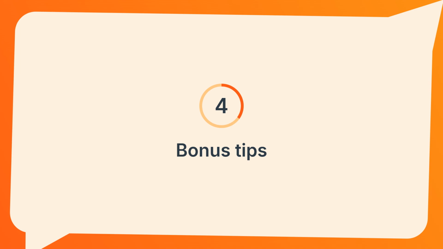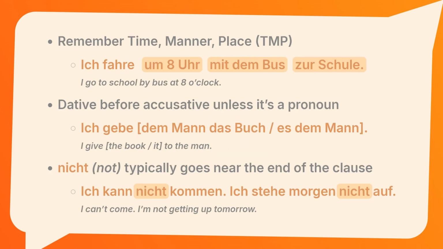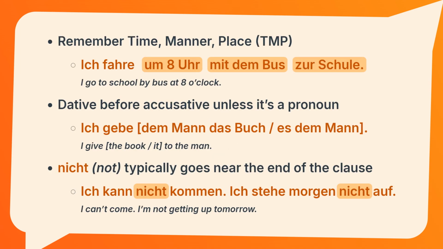And lastly, here are some bonus tips. When you're dealing with multiple adverbs in a sentence, remember the order: time, manner, place, or TMP for short. In the sentence, Ich fahre 8 Uhr mit dem Bus zur Schule, we put the time expression first, 8 o'clock, then the manner of going there, by bus, and lastly the place,